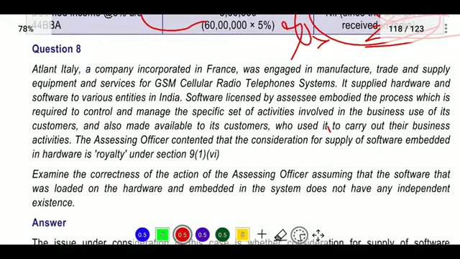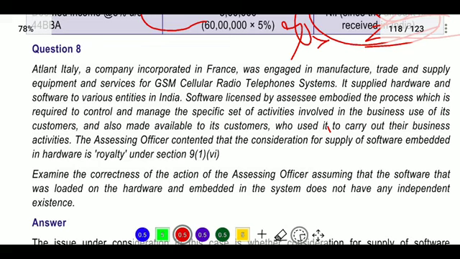Next, 8th question. What is there in 8th question? In 8th question, they provided that Atlant, a company incorporated in France, was engaged in manufacture, trade, supply, equipment, service for GSM cellular radio telephone system. It supplies hardware, software to various entities in India. Software licensed by the assessee embedded the process which is required to control and manage the specific set of activities involved in the business use of its customers, and also made available to its customers who used it to carry out